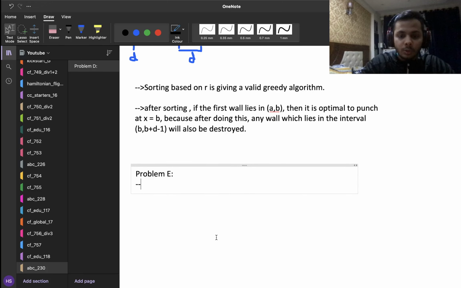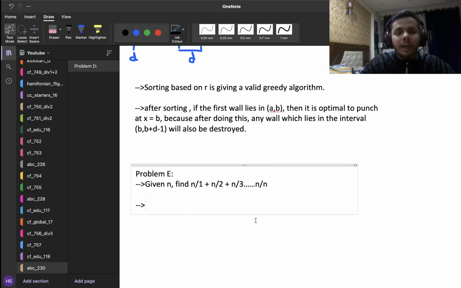Okay, so this problem says given n, find n by 1 plus n by 2 plus n by 3 up till n upon n. So this is the required expression that we need to find. So let's start by making an initial easy observation, and let's say that this sum is s, and the observation that I'm going to make is that every element